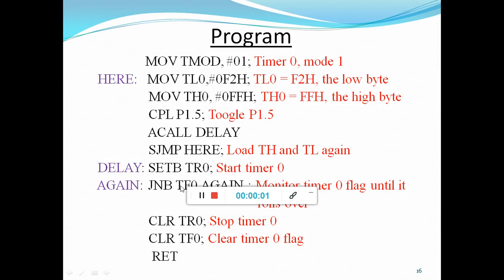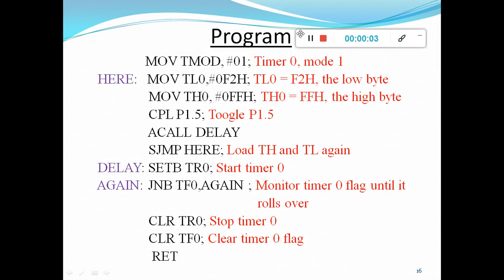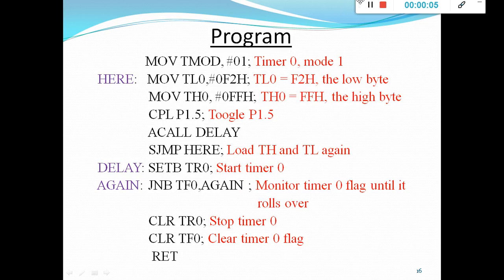Hello everyone, welcome back. Today I am going to cover how to calculate the time delay with overhead and without overhead. I am going to take the same timer program that I already discussed in the previous video. In today's video I am just going to glance over this timer program, then we go for how to calculate the time delay with overhead and without overhead. After that we will see timer 1 and then go for execution in the Keil software.